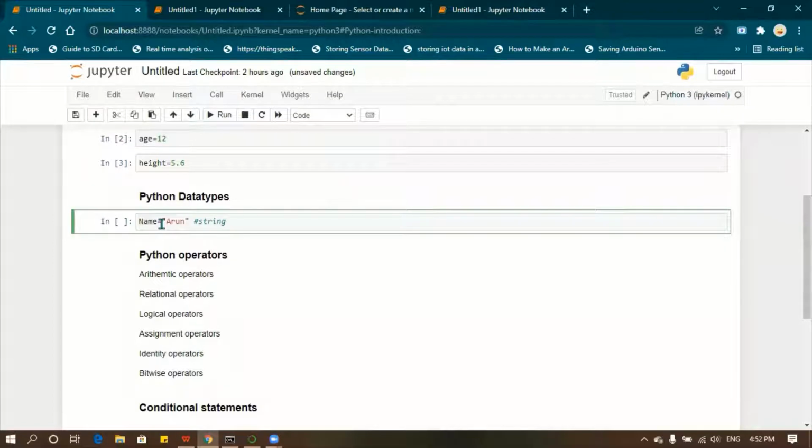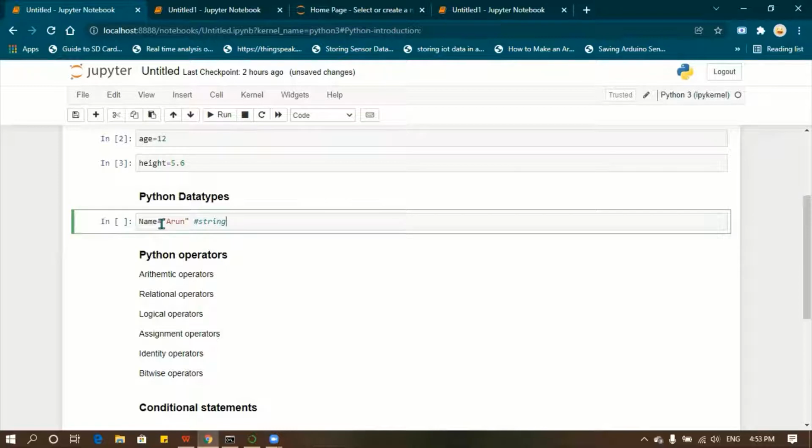Why do we need the data type? A program needs to know what kind of data it is. We are going to store the data, and after storing the data, we are going to do some operations on it, right? To do that operation, we need to know what kind of data it is, whether it is letters, a number, a whole number or point numbers. According to that, we can do our operations.